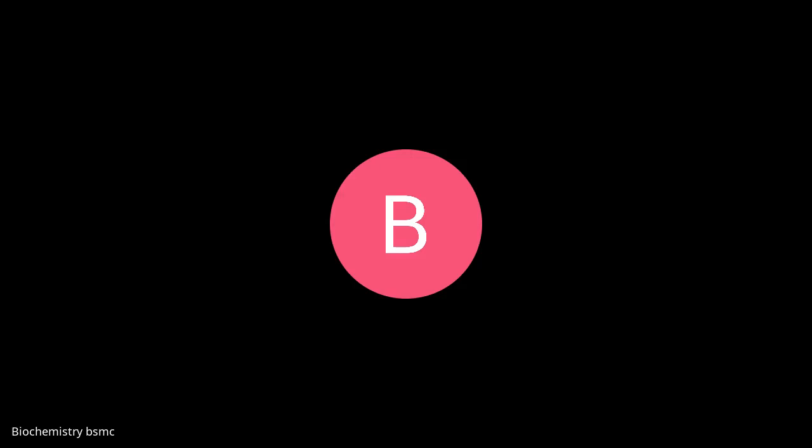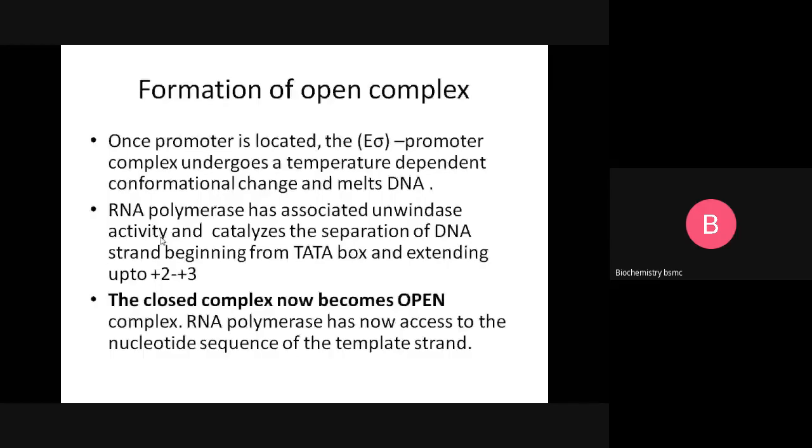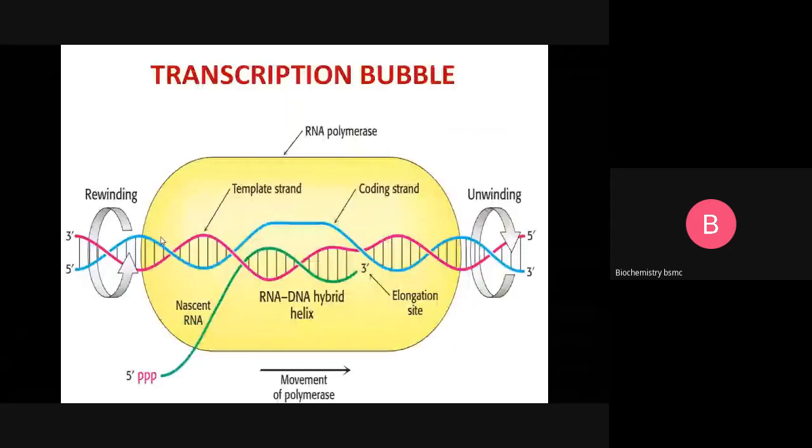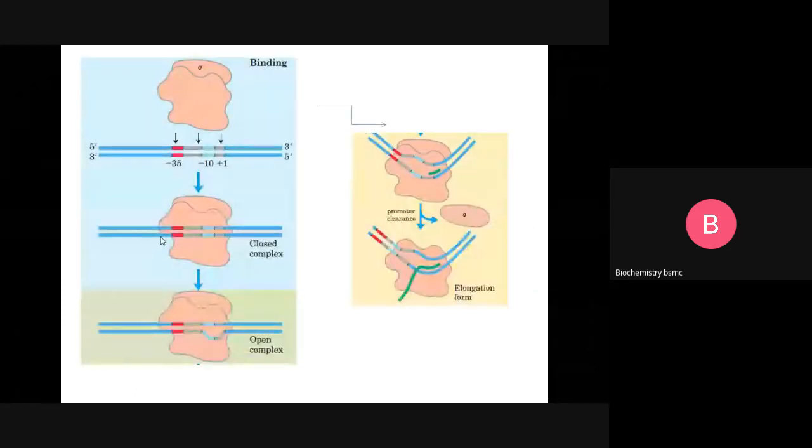So in the first, there is a nascent chain, the blue one in this, and the green one in that side. What is the nascent chain? So you see this diagram, the nascent chain is attached. First we see the binding, followed by closed complex, followed by open complex. Then there is a term called promoter clearance. So this is the promoter clearance, how it occurs. The nascent chain, shown in small green chain, you see it is attached here. The nascent RNA chain, few 8-10 nucleotides long, has been polymerized.